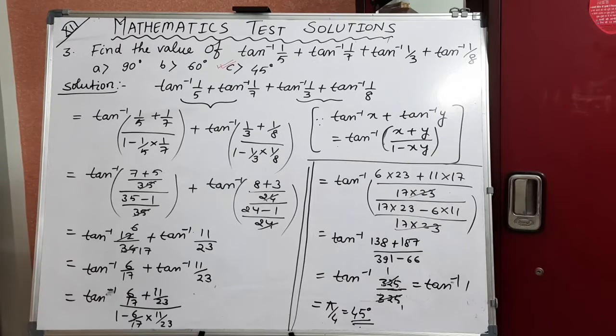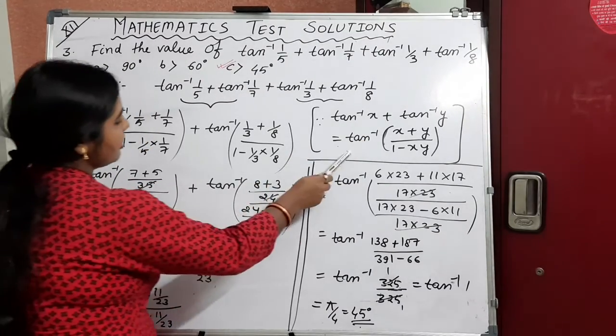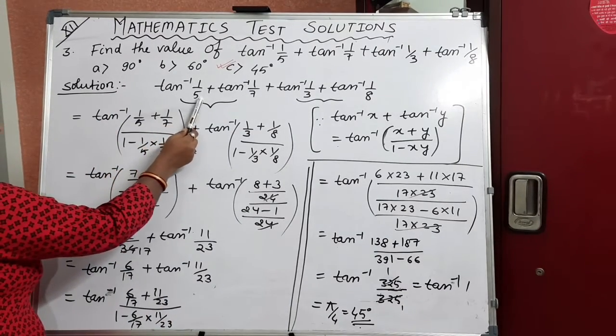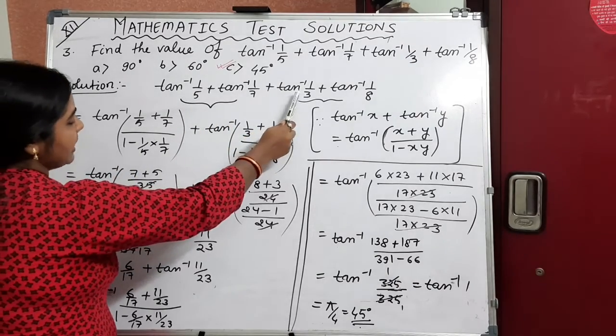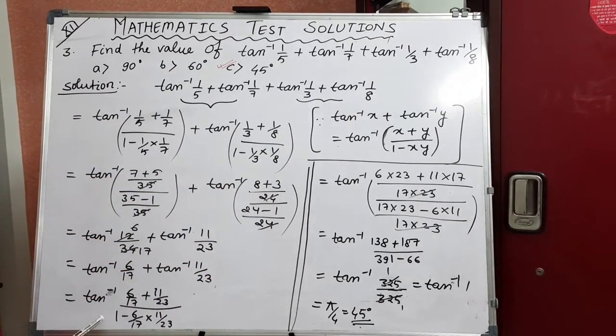So question number 3. Here the question is, find the value of tan inverse 1/5 plus tan inverse 1/7 plus tan inverse 1/3 plus tan inverse 1/8. For solving this, we have to use properties of inverse trigonometric functions. The property we will use here is tan inverse x plus tan inverse y equals tan inverse of (x plus y) by (1 minus x into y). So we will take first tan inverse 1/5 plus tan inverse 1/7 and use the property. Then next tan inverse 1/3 plus tan inverse 1/8, then we will use the property. So after calculating, we are getting here